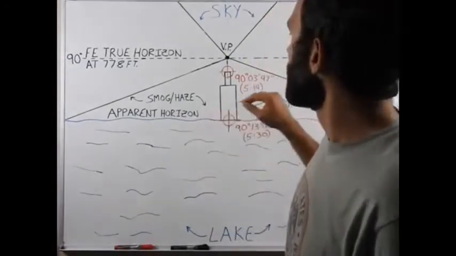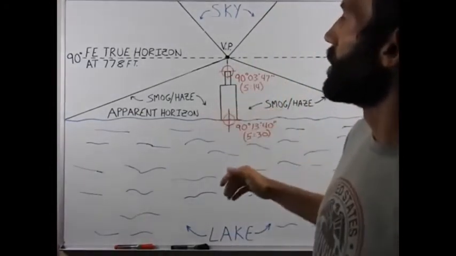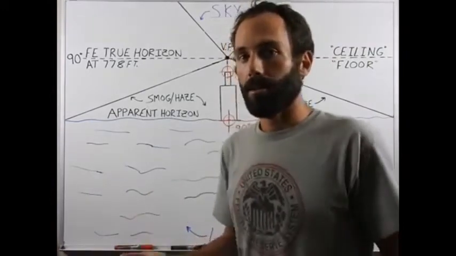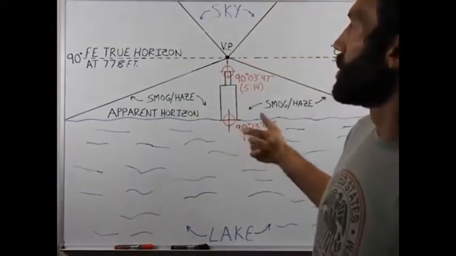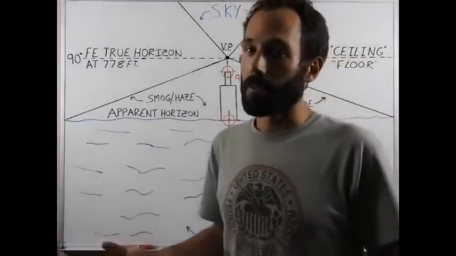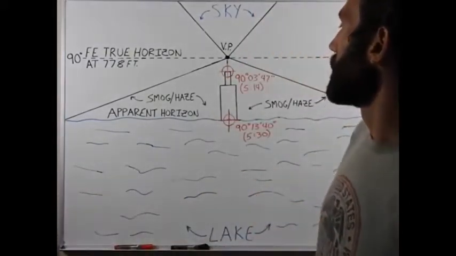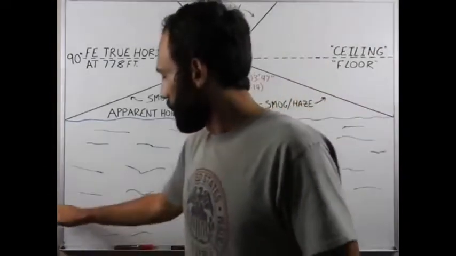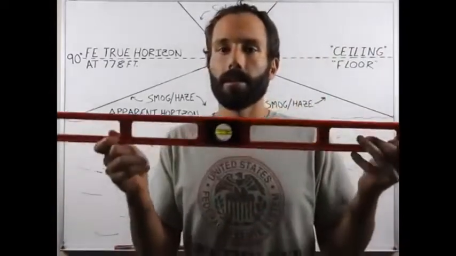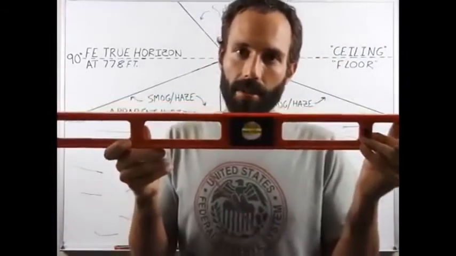However, I think that this also shows that we cannot use line of sight or our eyes to try and prove that the Earth is flat or spherical, because of perspective. I mean, perspective has an enormous effect on what we're seeing here. And so, I think the only way to really do it is to measure the